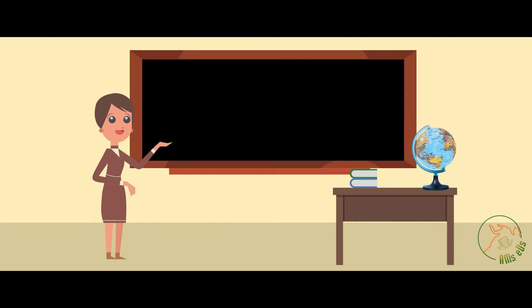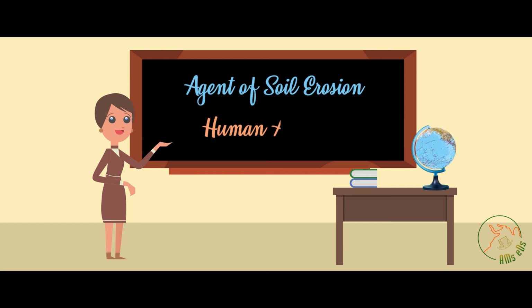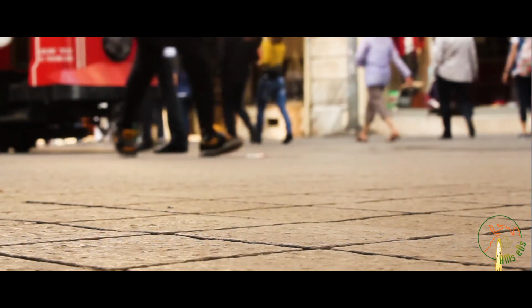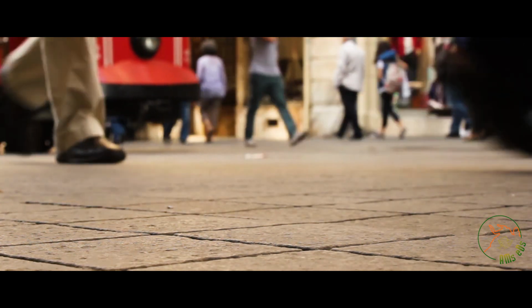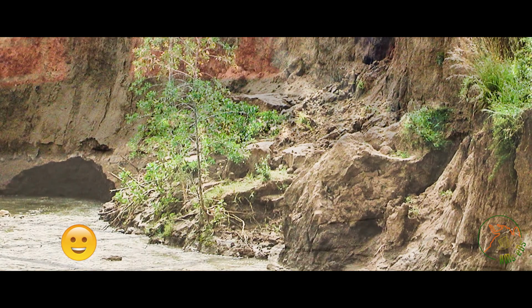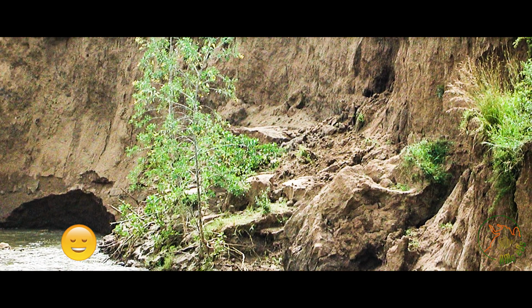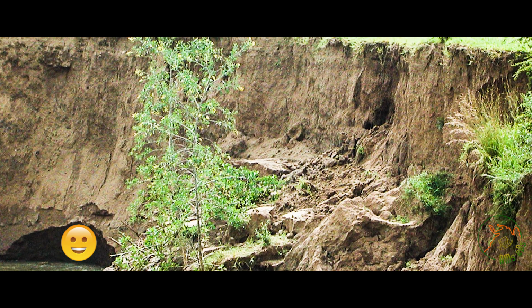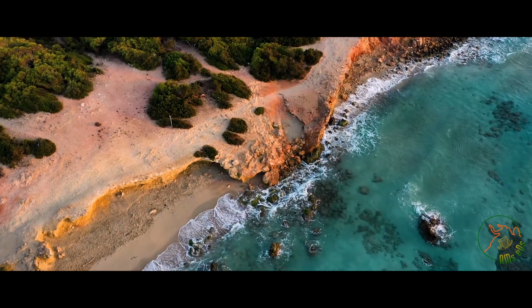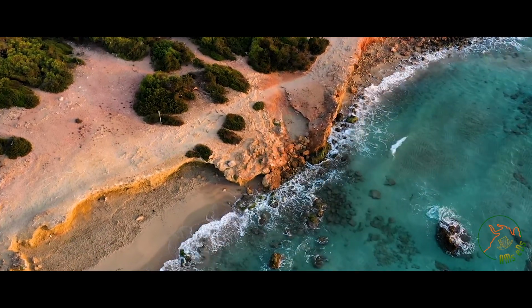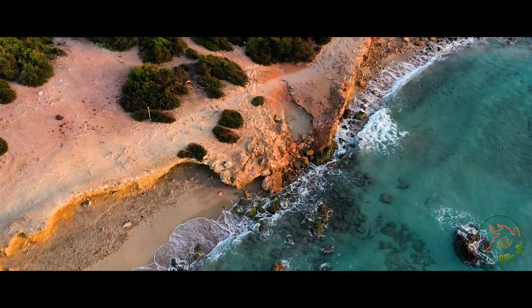With this, we come to the third agent of soil erosion, humans or human activities. Let's find out how we become culprits. As the population increases, the demand for land and food also increases. The fact is that the land doesn't increase in size with our growing demands. There lies the problem. As we learn the details of this topic, we realize that instead we are losing our